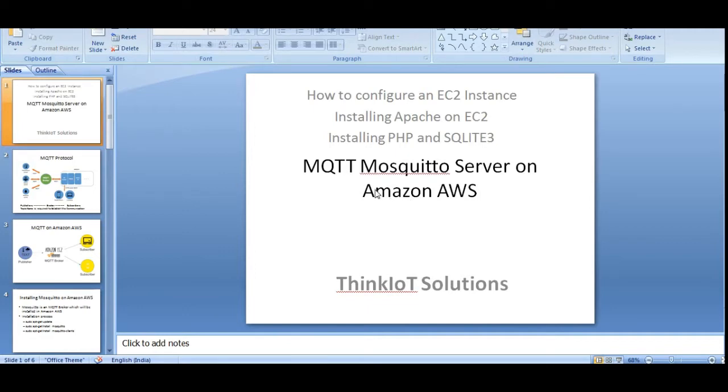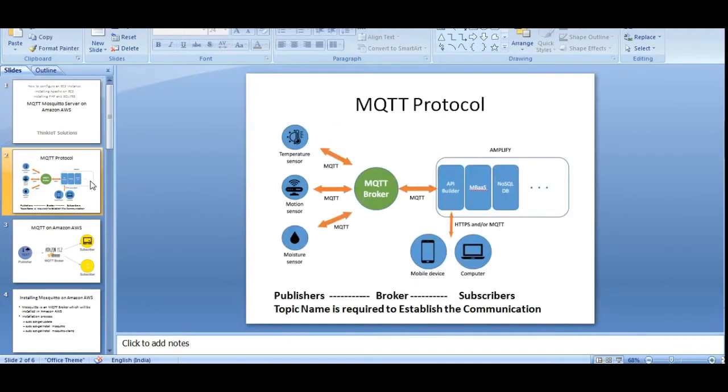Before we go to that topic, we will see a brief explanation of the MQTT protocol. This is the block diagram of the MQTT protocol. On one side you have the sensors, three different sensors that are shown here. You have an MQTT broker and you have different devices which receive these messages or values.